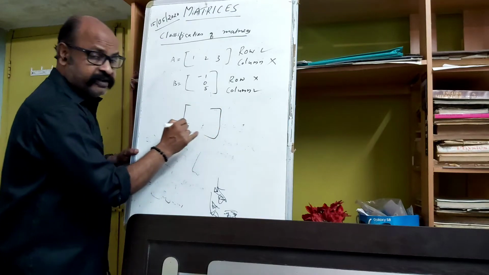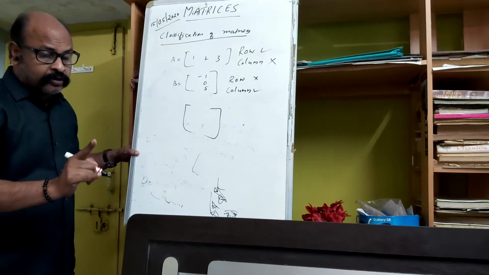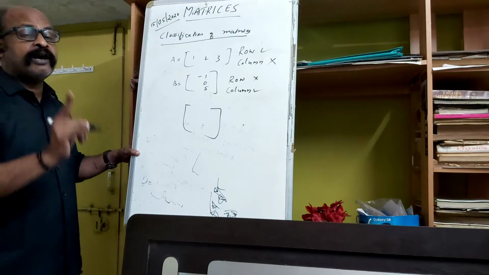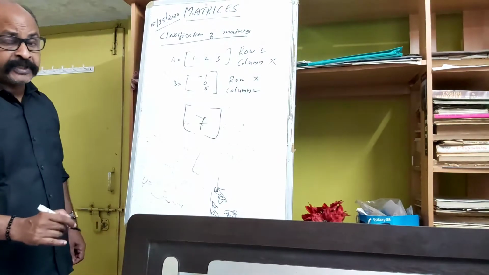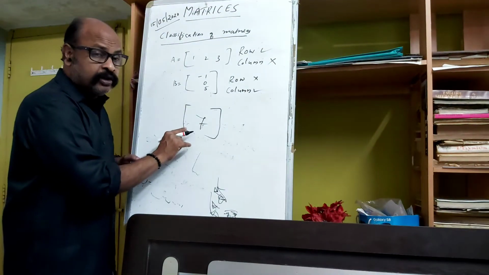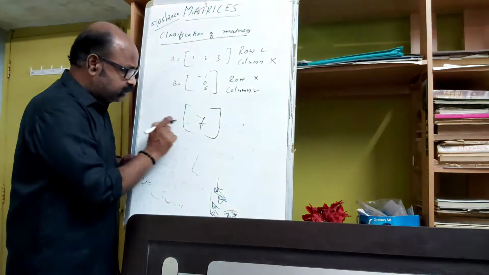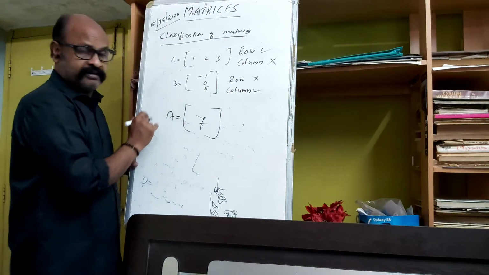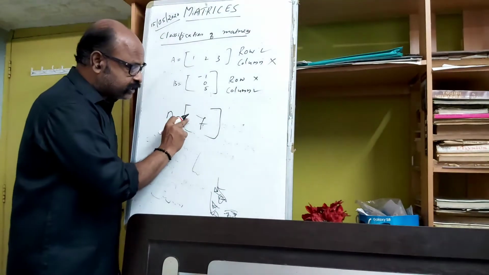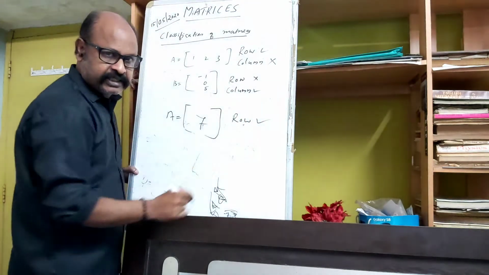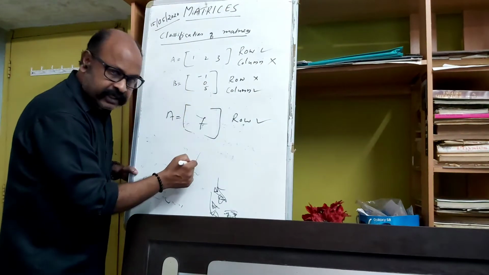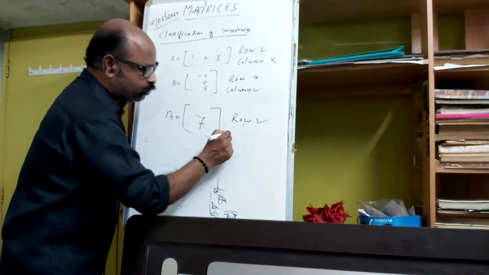A matrix that has only one row and at the same time only one column. Suppose the matrix is 7. What is the specialty? The matrix contains only one element. Suppose A equals the matrix 7. How many rows does this matrix have? 1. So it is a row matrix. How many columns does the matrix have? Only 1. So it is a